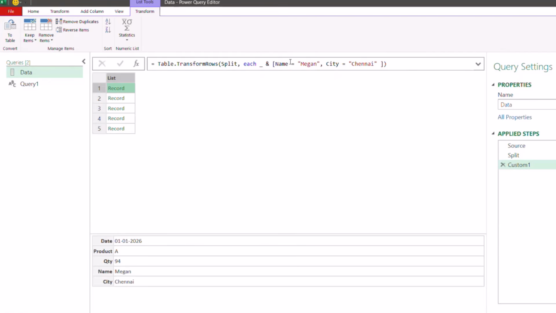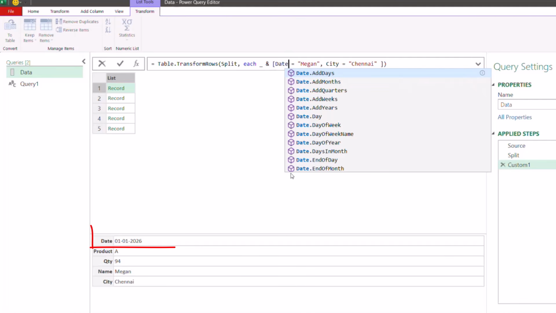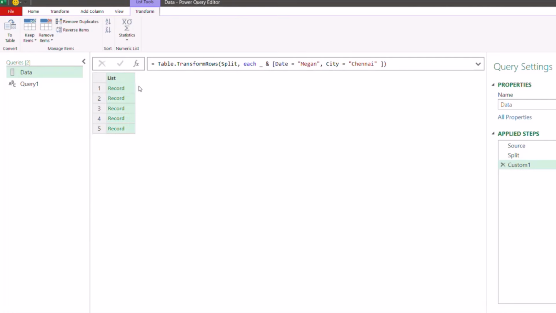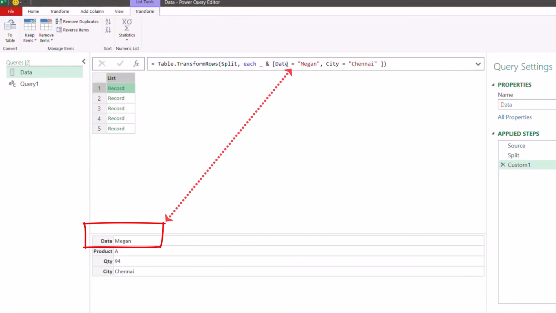What if I add a date field here? See here, instead of name, I will add a field date, which already exists here. I will just see what will be the result now. So I will click on this tick mark. Just see this. That recent value is getting replaced by our old value. The date was already existing here, but now Megan is replaced by our date. The date is replaced by this new header value. So it's about updating a field value. That's it. I'll show you one more trick here,